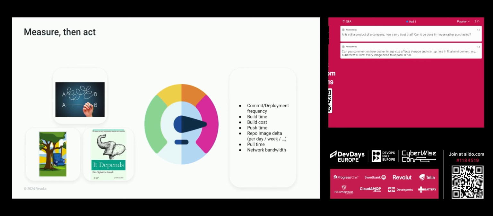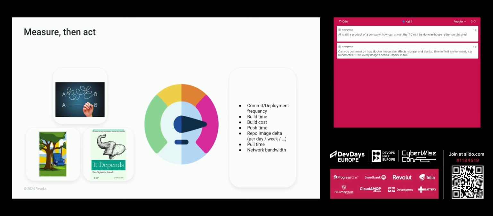We have a lot of principles in IT generally. Maybe you can recognize them. The first one on the top is keep it simple, stupid. Another one on the left is you ain't gonna need it. And the third one, it depends, right? All those rules make perfect sense. But balancing this requires you